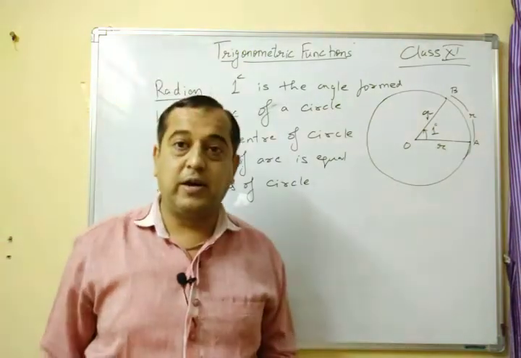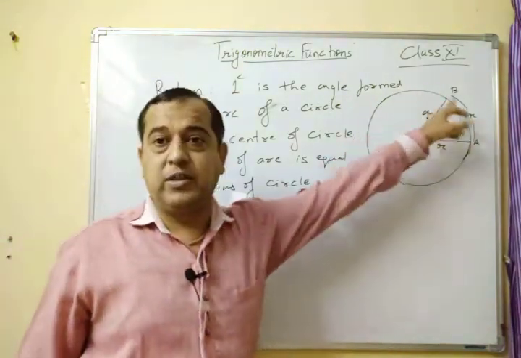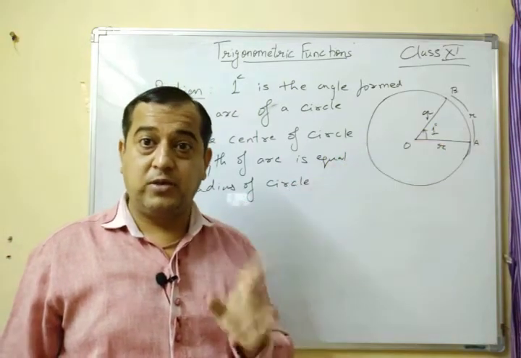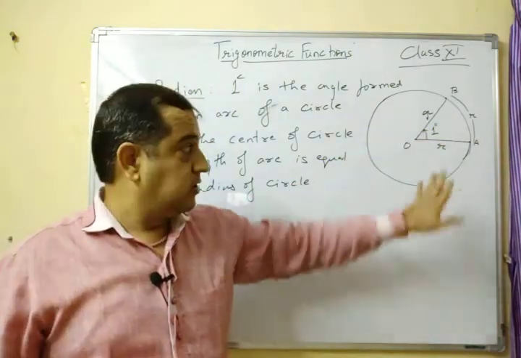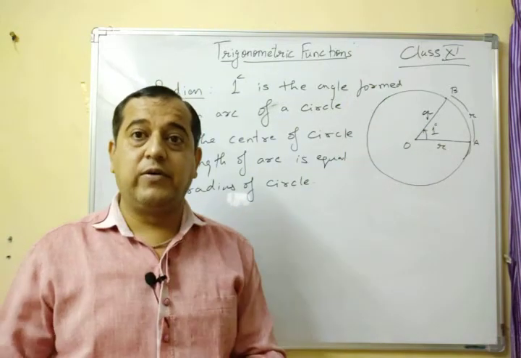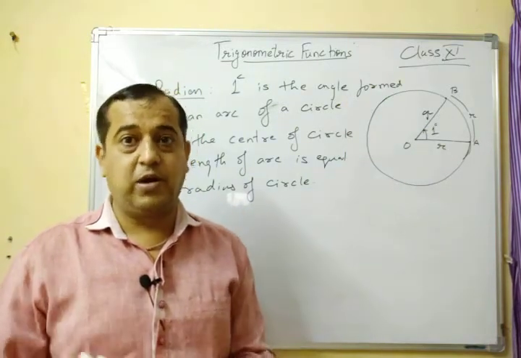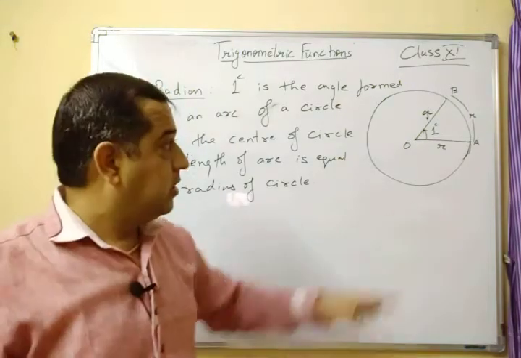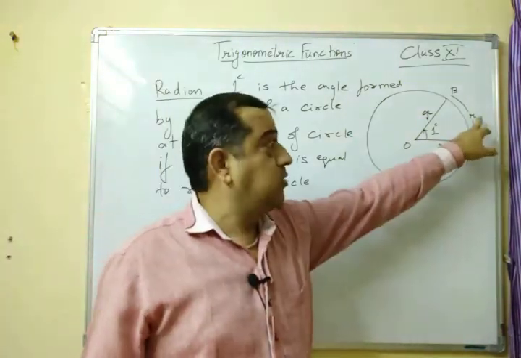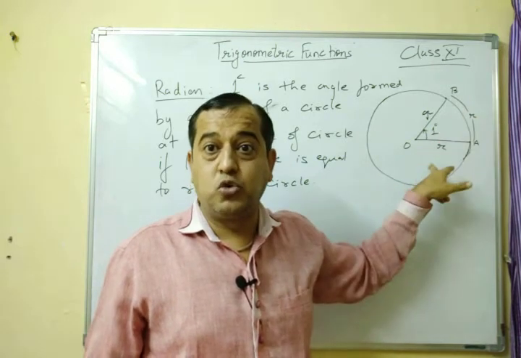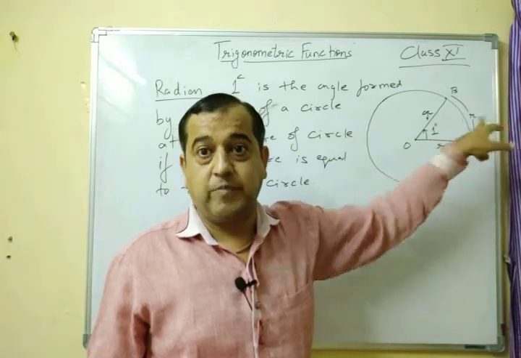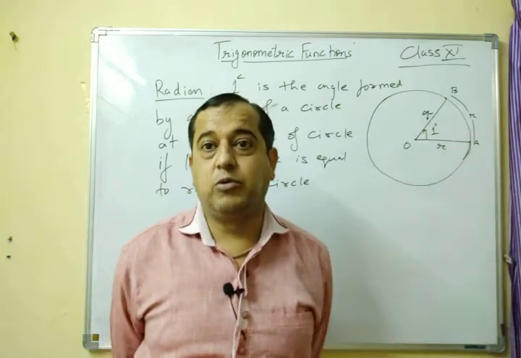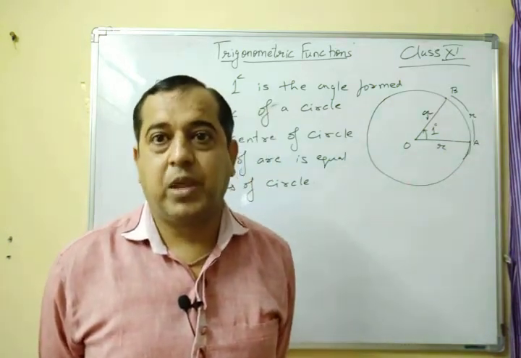Now in the NCERT textbook, this is given as the circle of radius 1 unit, and the length of arc is also taken as 1 unit. Okay, this is the general definition. In that case, it is given to you as a particular case, for a circle of radius 1 unit. No doubt both definitions are correct, because if we take radius 1 unit, then the length of arc should also be 1. If we are taking radius 2 units, then the length of arc should also be 2 units. If we are taking radius 3 units, then the length of arc should also be how much? It should be 3 units, and so on.